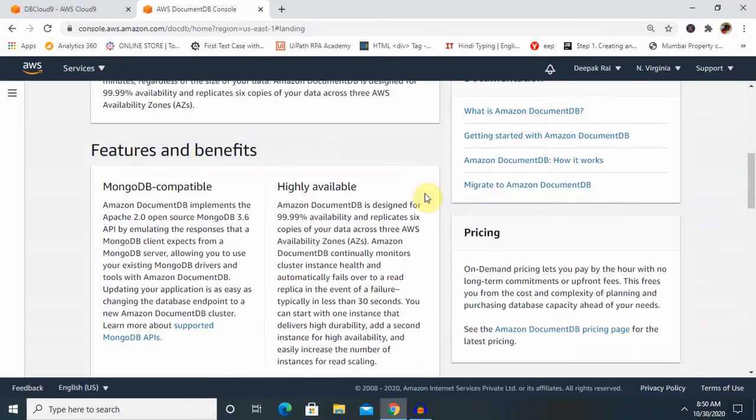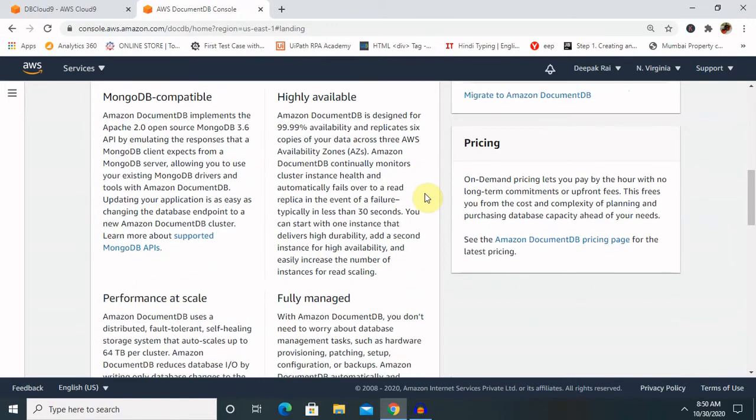Then highly available: it means Amazon Document DB is designed for 99% availability, almost next to 100%, and replicates 6 copies of our data across 3 AWS zones.